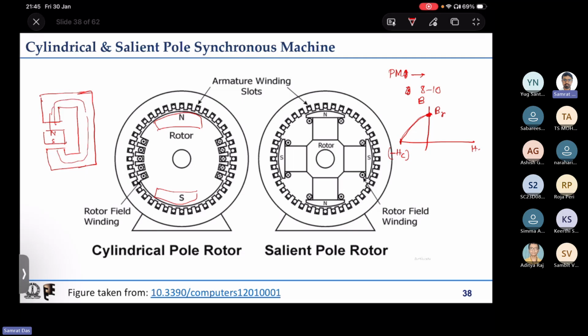If we write the magnetic circuit equation, it can be decomposed into two portions: one, the magnet flux density and magnet H, plus, in this KVL equation for the magnetic circuit, Hm into